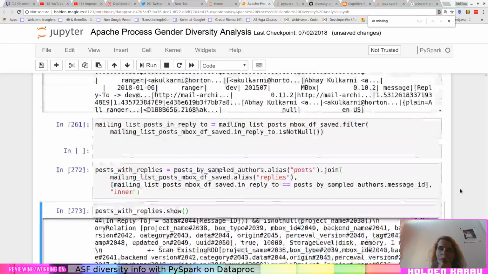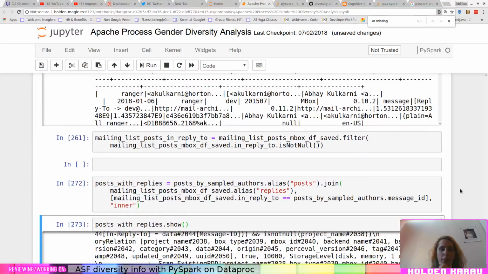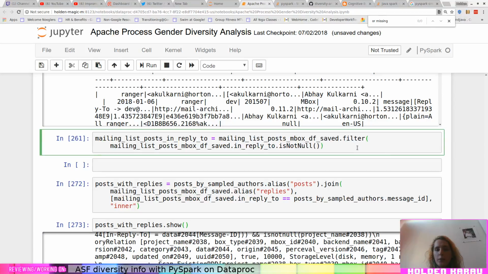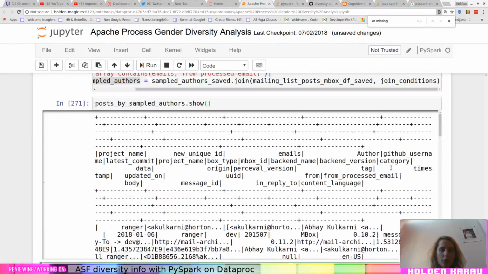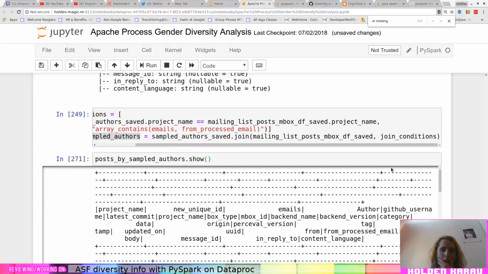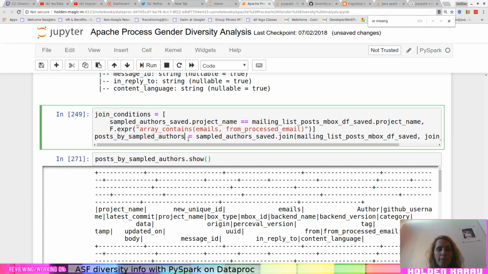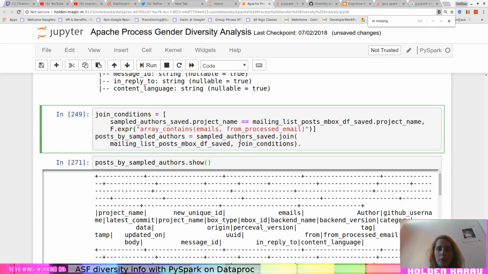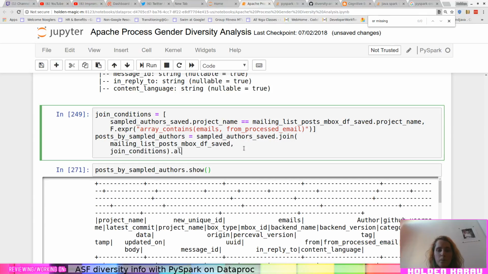Let's go ahead and give some of these data frames names. Okay. Alias. Okay, posts by author. Dot. Okay. Alias posts by sampled authors.